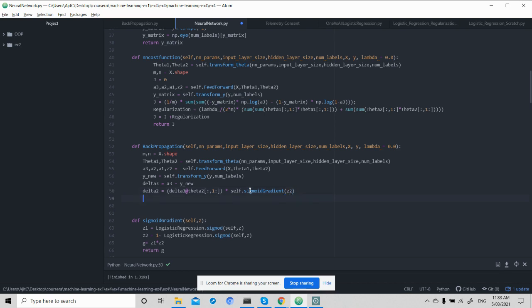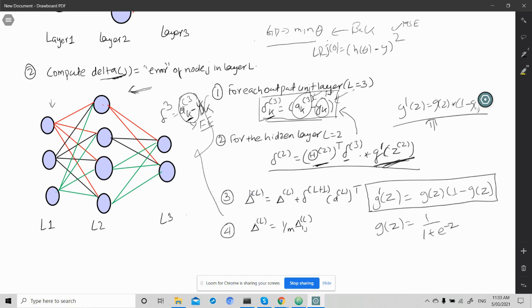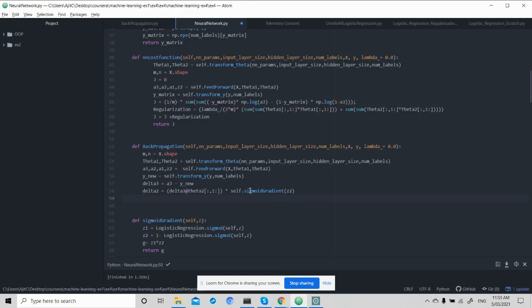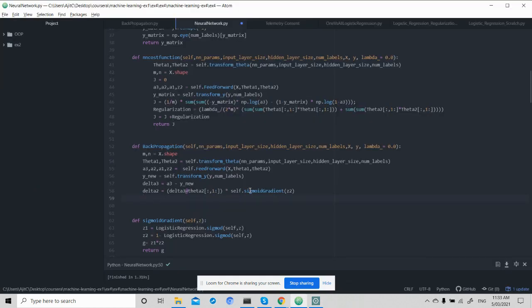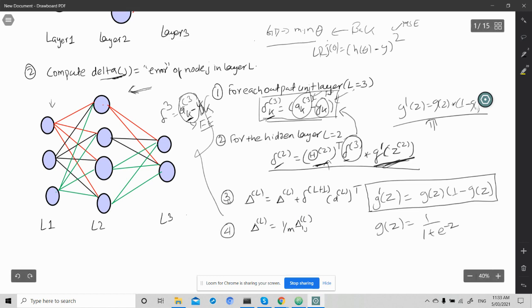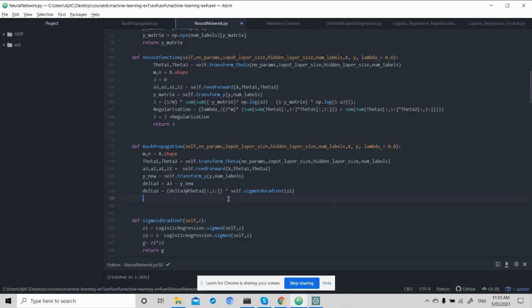Okay, so in the second step we have implemented delta 2, which is delta 3 times theta 2 transpose. So we can check whether we need to transpose or not. It depends on the matrix multiplication which we are using, and then times the gradient of z2. I have already written that, z2. Okay,